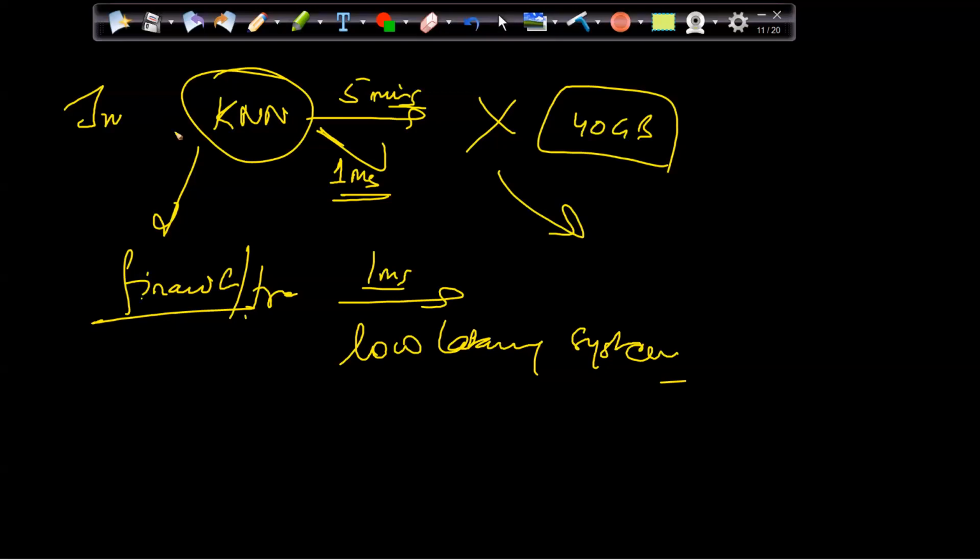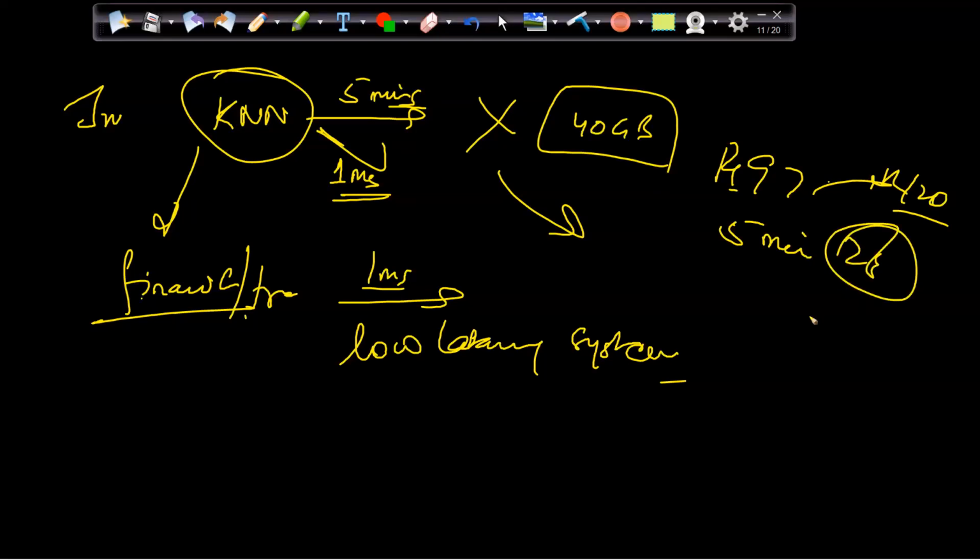For example, let's say I am doing share trading and I need some output, whether I will purchase this share or not, yes or no, at the price of, let's say, 97 rupees. Now my system is taking 5 minutes to give me the output. By that time, the price has gone to 120. I lost already 23 rupees, right? And suppose I'm purchasing 1 lakh shares, then it's a big loss for me. You must have understood the impact.